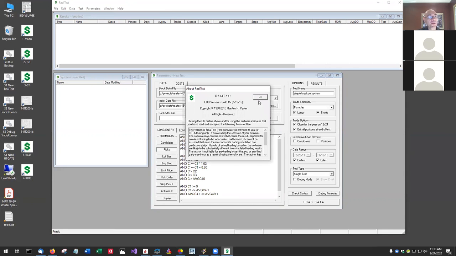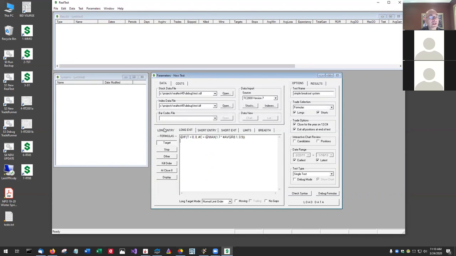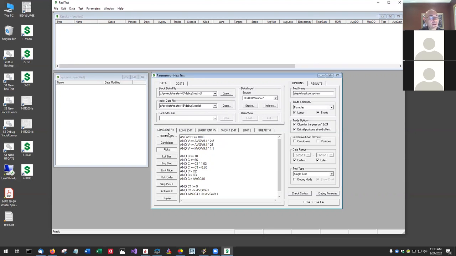Well, this one was built in 2015, right? 99 till like 2016 was something roughly like this. I put in this kind of interface so there was more room for all the formulas, your candidates, picks, position size formula. And I was starting to expand the syntax, add a lot of things, like they didn't have a round function and so on,